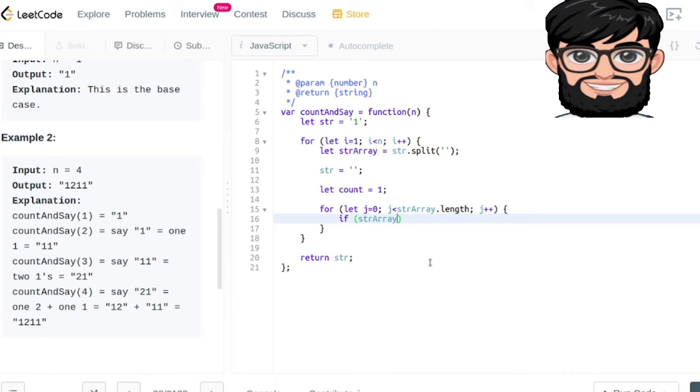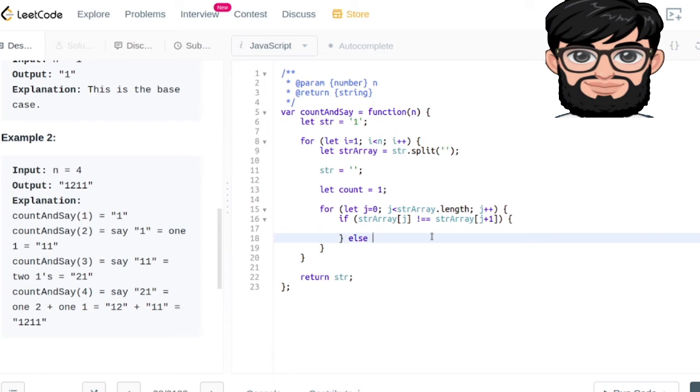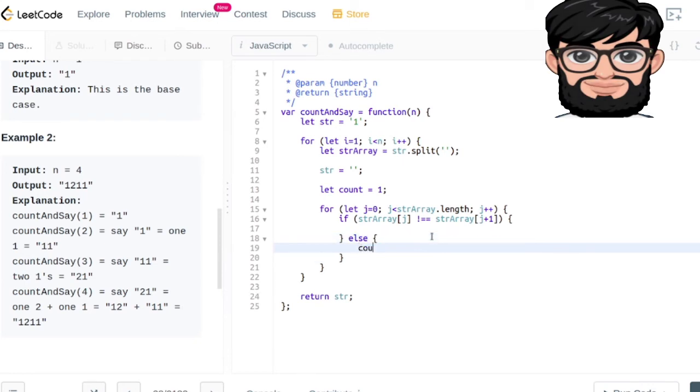over here we are gonna be taking every single character of the string array and checking if it is equal to the previous value, because if the value is equal to the previous, we're just gonna increment the count. Sorry, if it is not equal to the previous value, we're gonna be calculating the result. Otherwise, we're gonna increment the count. So when the current value is not equal to the next value,